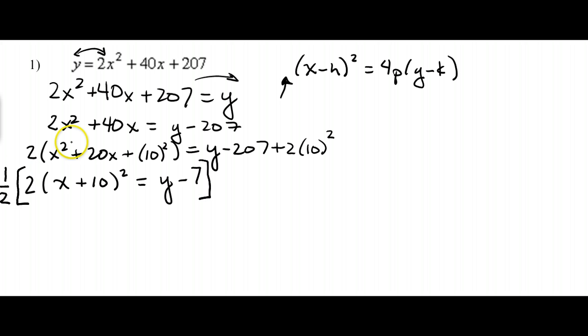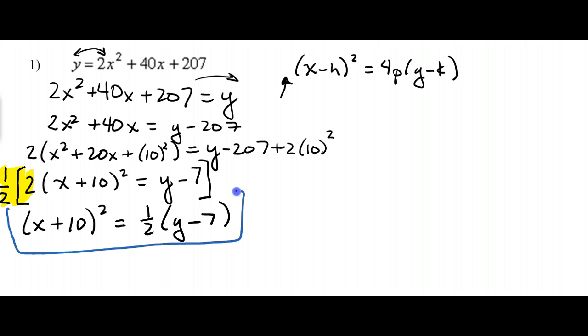And then the half and the 2 over here, those are going to cancel each other out. So I'm left with x plus 10 squared is equal to 1/2 times y minus 7. So here's our standard form,